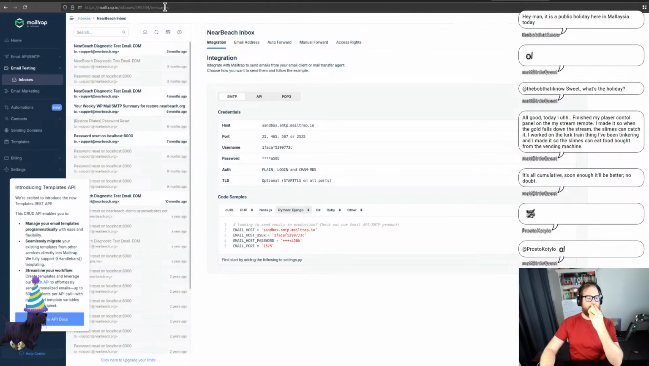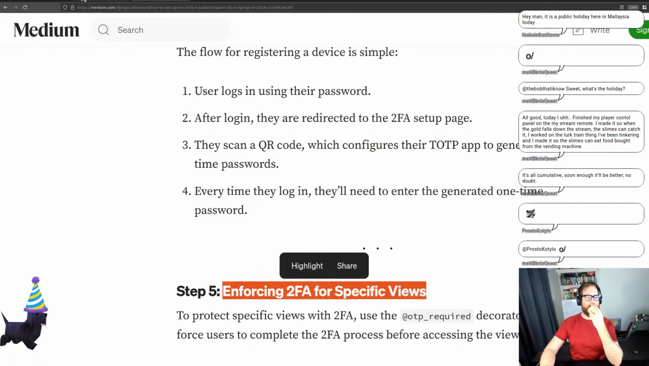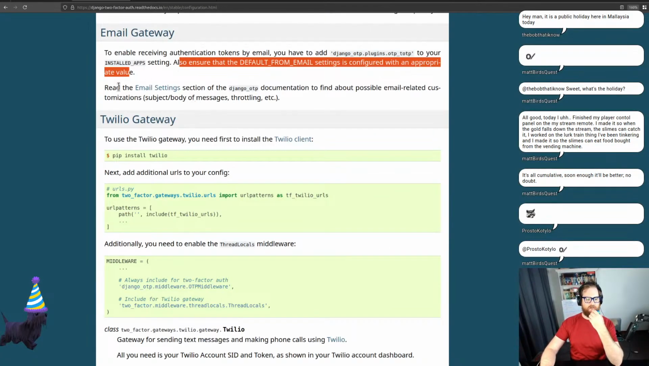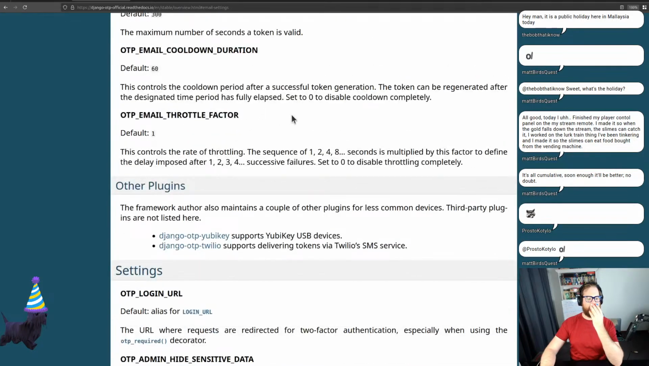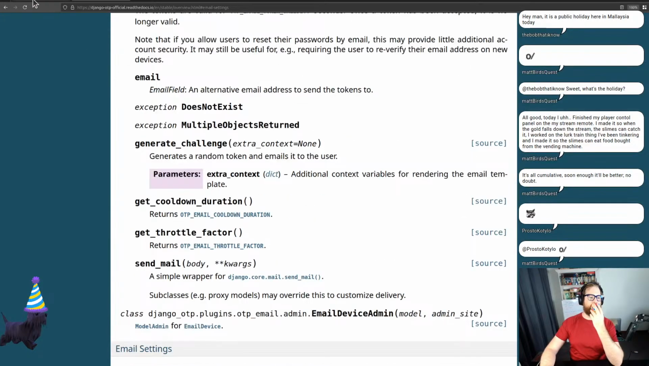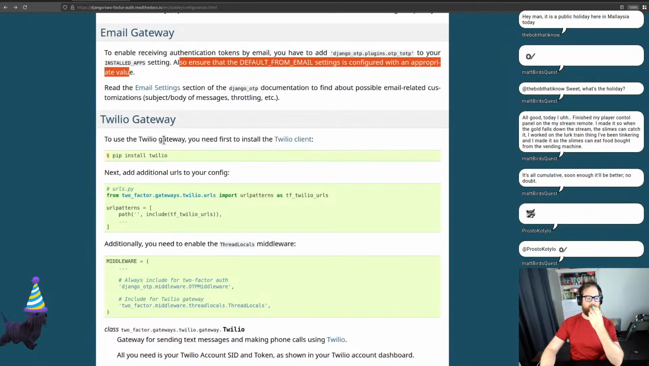So, going back to the configuration. We've just done the configuration. Read the email settings section in the Django one-time password document. All right, default email from. Okay, yeah, I'm pretty happy with the defaults at the moment. We'll continue on. Twilio gateway,